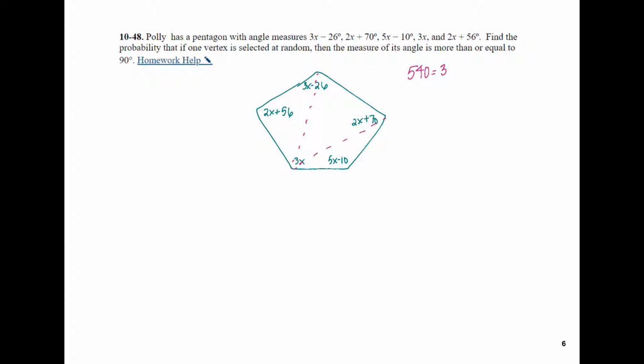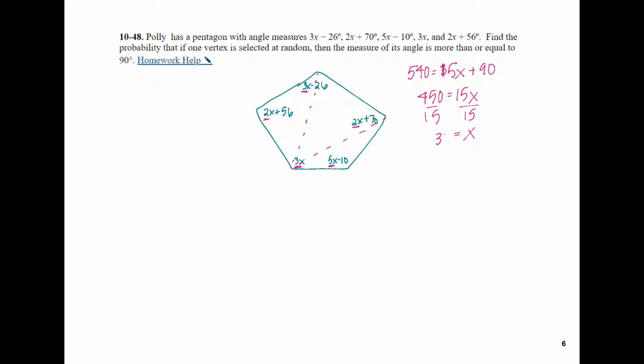When we combine all of our like terms, 3x plus 2x plus 5x plus 2x plus 3x is 15x. Then negative 26 plus 70 minus 10 plus 56 gives us plus 90. 540 minus 90 gives us 450. Divided by 15 tells us that x is equal to